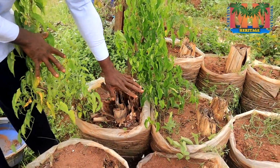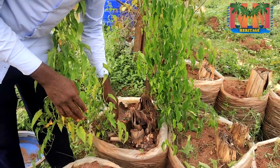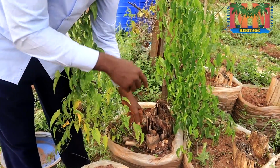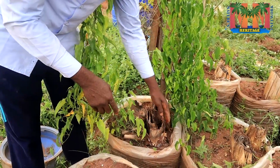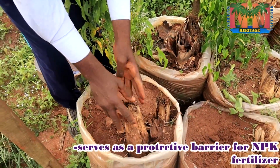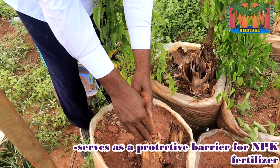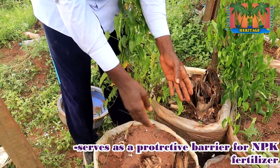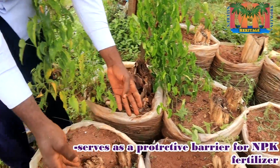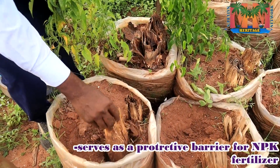It will not destroy the crop because there's a barrier between the manure, the fertilizer, and the root of the crop. The root of the crop will take time to even get there and take whatever it wants to take. So you can see that this helps me to create space. It's an organic manure. It can help as a barrier against artificial fertilizer and a whole lot of stuff. It can help me hold water during dry season for irrigation. So this is the more reason why I use